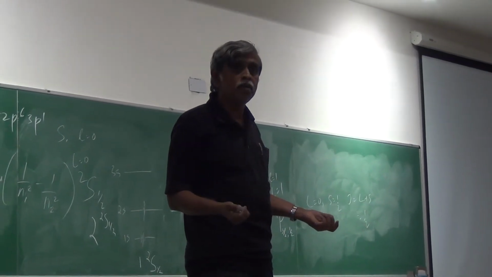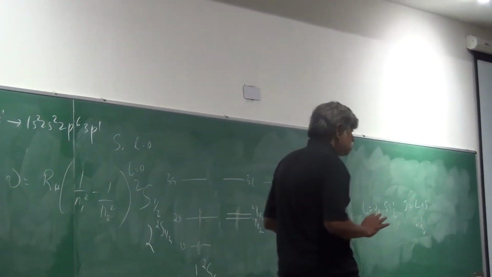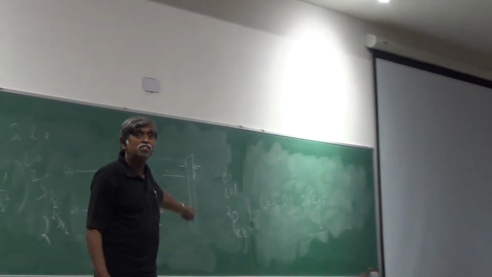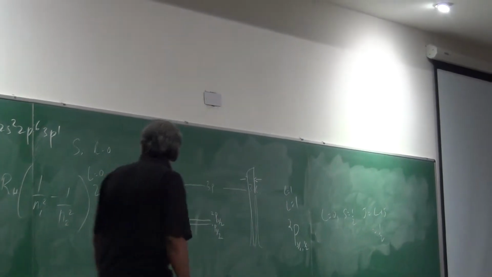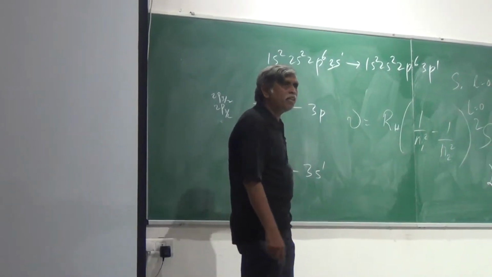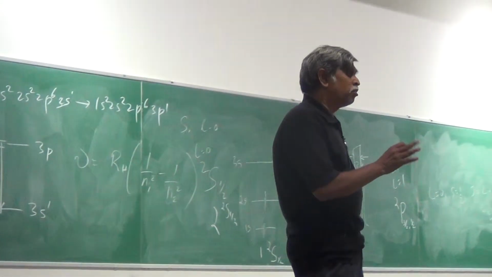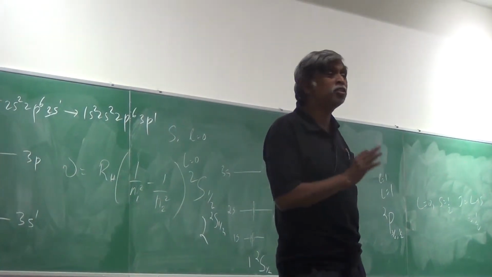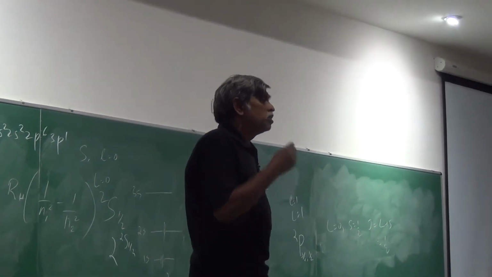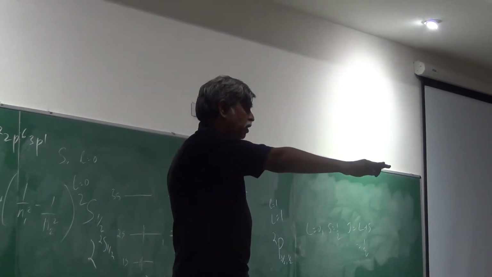Spin was never there. And people at one point in time thought that's it. n, l, and m will suffice, until some girl did the experiment and found we're getting doublets like this. We're getting doublets like this. You can't explain this. If I don't talk about the spin, I can't explain this doublet. Spin has to be there. And therefore, as a result of the Stern-Gerlach experiment, they said, now look, there must be something intrinsically going on in this problem. There must be an intrinsic angular momentum that the Schrodinger equation has still not given us. Spin was therefore introduced ad hoc as a quantum number. So I put it in there and explain the spectrum.